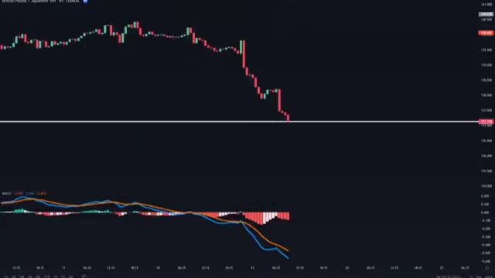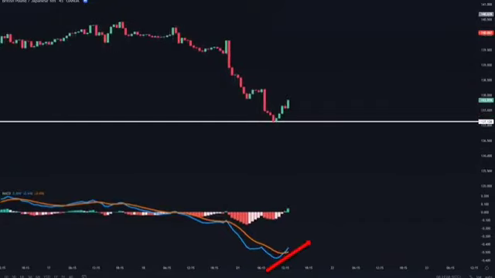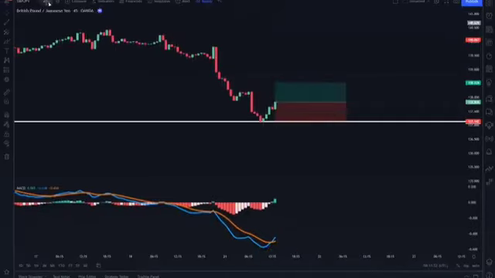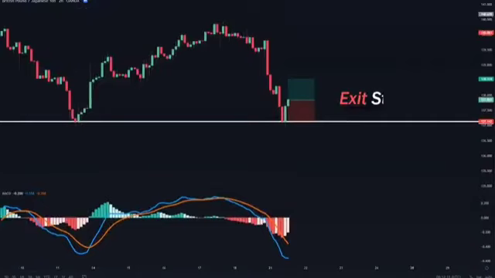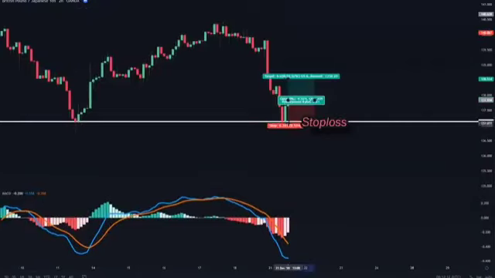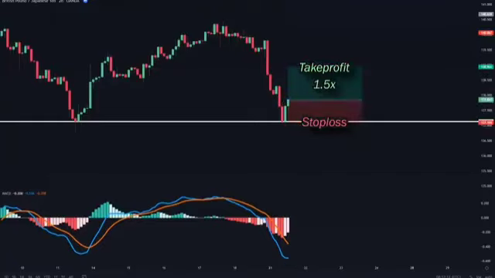So now, all we need to do is use the MACD to confirm the bullish momentum by waiting for it to cross over upwards. Once this happens, you take a long position. Now, let's go back to the 2-hour time frame and apply our exit strategy. So for our stop loss, you can place it at the key level and set your profit target at 1.5 times your stop loss. And as you